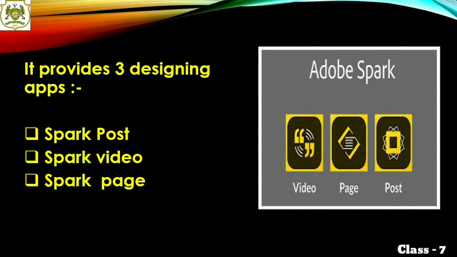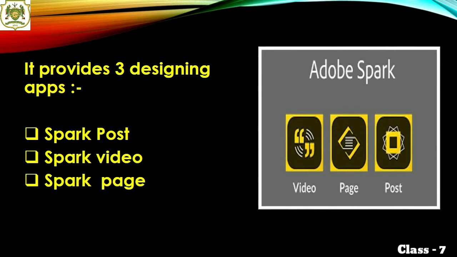Now students, Adobe Spark app provides us with three designing apps. The first one is the Spark Post, another one is the Spark Video, and the third one is the Spark Page. Spark Post app is only available on Android devices. That means only this particular app is available on Android devices.